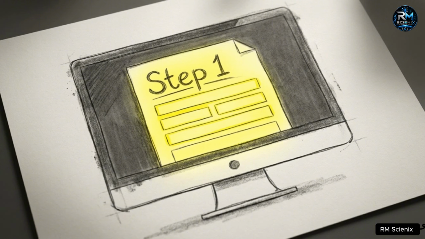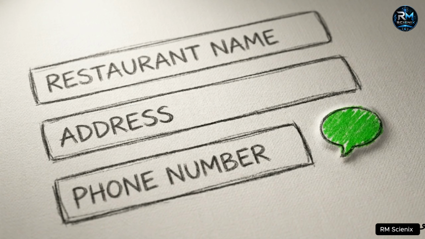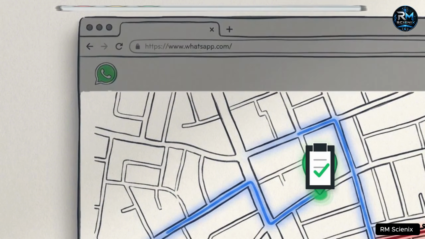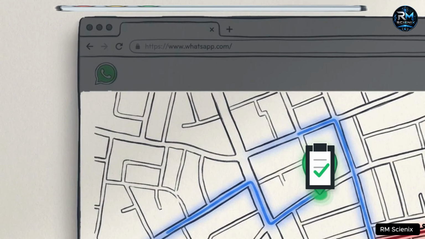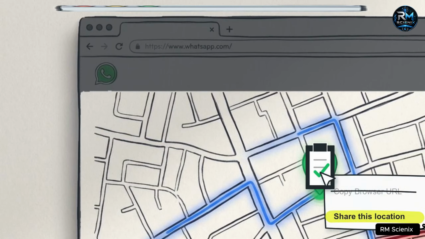Open the master prompt text file and navigate to Step 1. Input your business name, basic details, and the exact WhatsApp number where you want to receive orders. You also need a functional location link. Open Google Maps, find your business PIN, and right-click it. Rather than copying the browser URL, click Share this location and copy that specific link to ensure the map functions